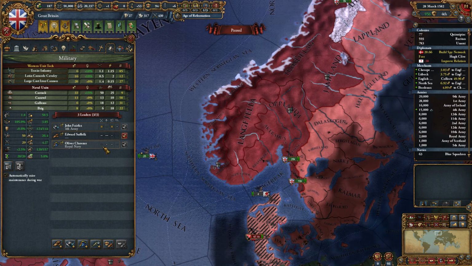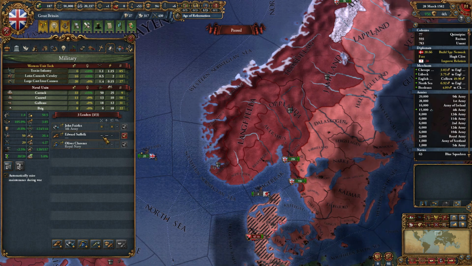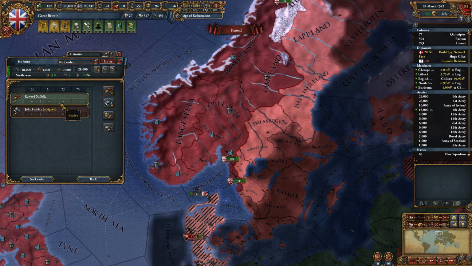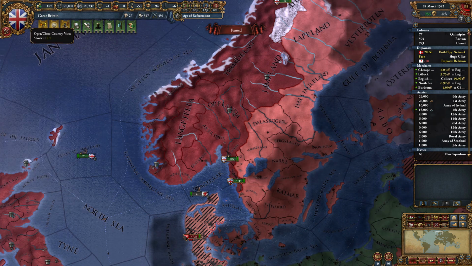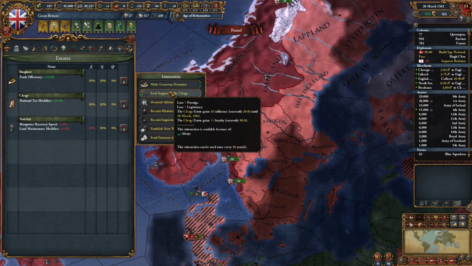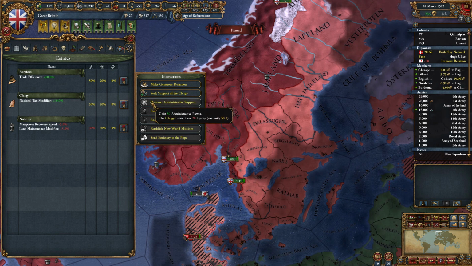Oh, wait. We do have a general, don't we? A 231. I mean, not bad, Edward Suffolk. Let's put him in charge then. He wasn't even in charge of any army. And we'll hold on to those military points then. I mean, why not, right? And in fact, can we get any more points? Let's see, 15 loyalty, no, can't get...